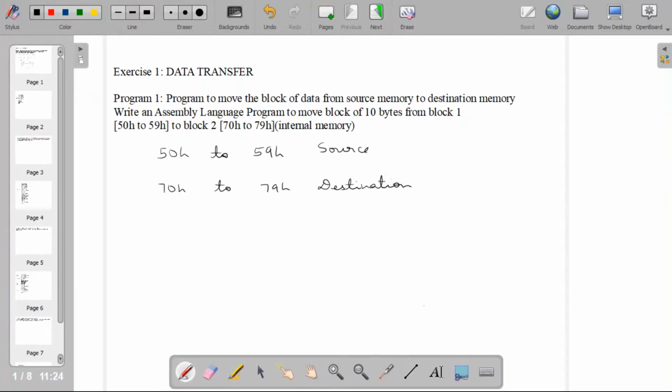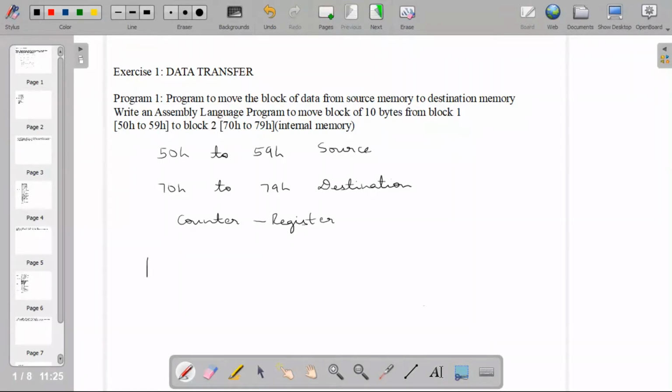We have 10 bytes of data to be transferred, so we require a counter which will keep track of the transfer. The counter will be a register with the value 0A, and to access the two memory locations we'll use registers.